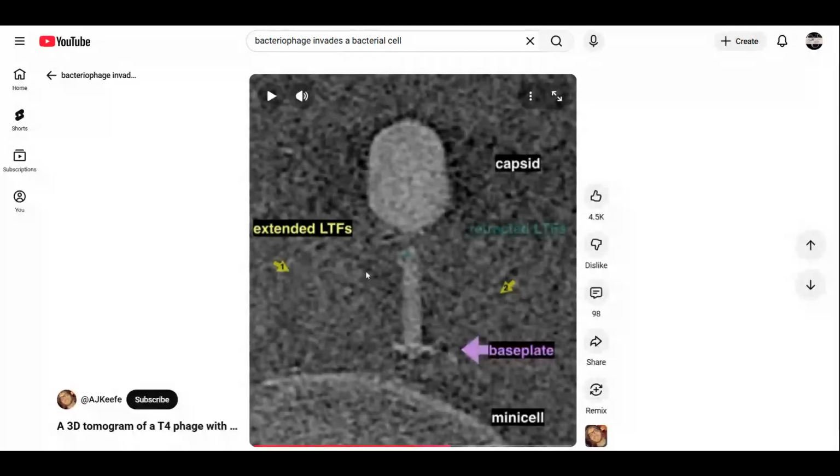This is actually a bacteriophage right here. Okay, this here is a bacteriophage,